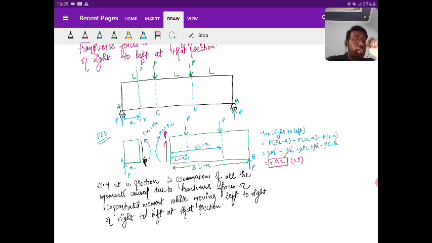Yes or no? So for this to verify, I am taking the anti-clockwise moment caused due to forces as positive and clockwise as negative. So the anti-clockwise moment is created by the force P acting at B, and the other two are creating clockwise. So first of all, I have taken P into 3L minus H, then minus of P into 2L minus H, then minus of P into L minus H, and I got the result of P into H, right? So I hope you understood what are the things that are important till now.